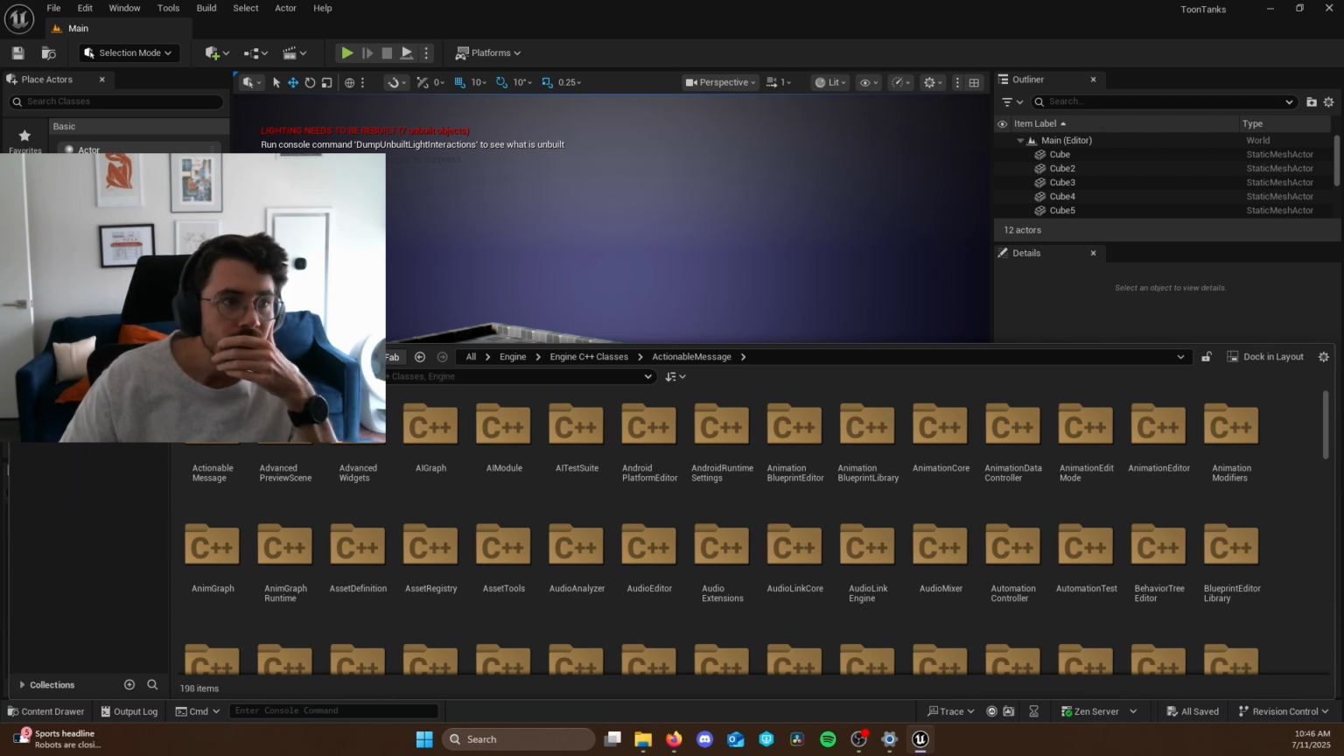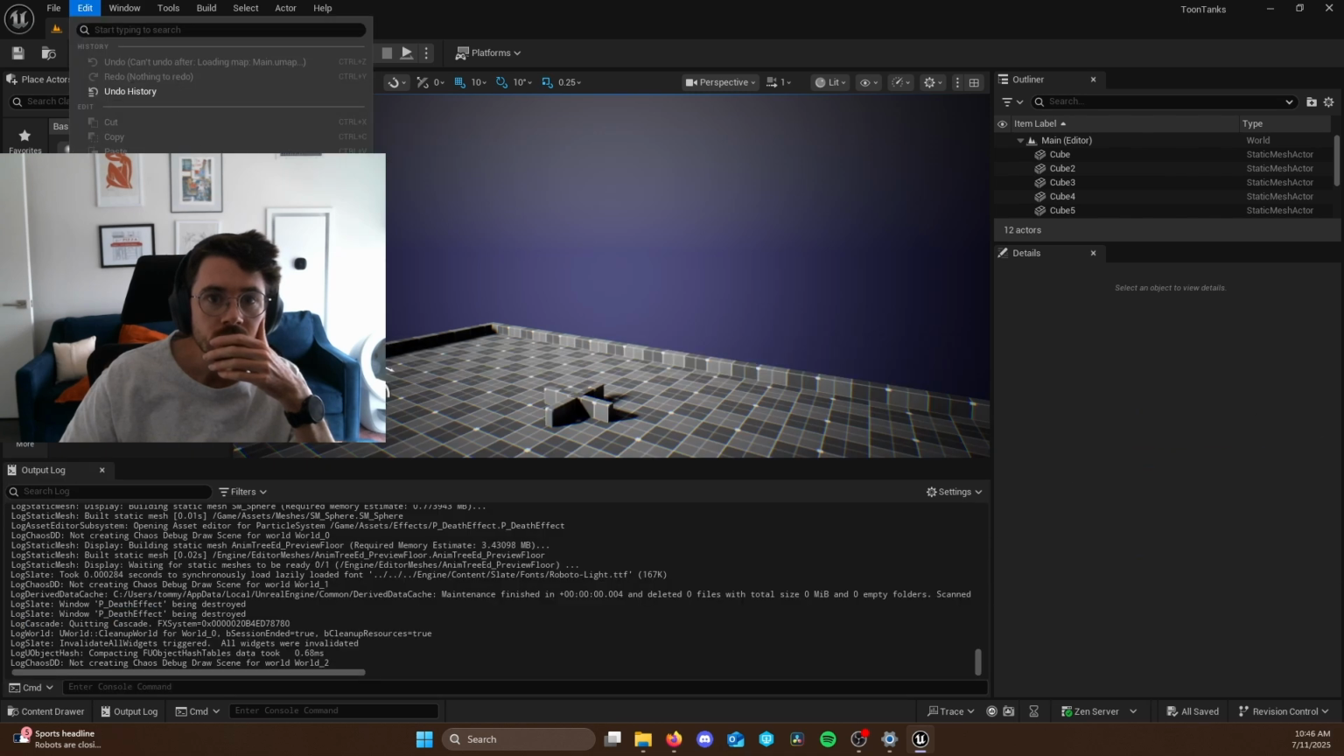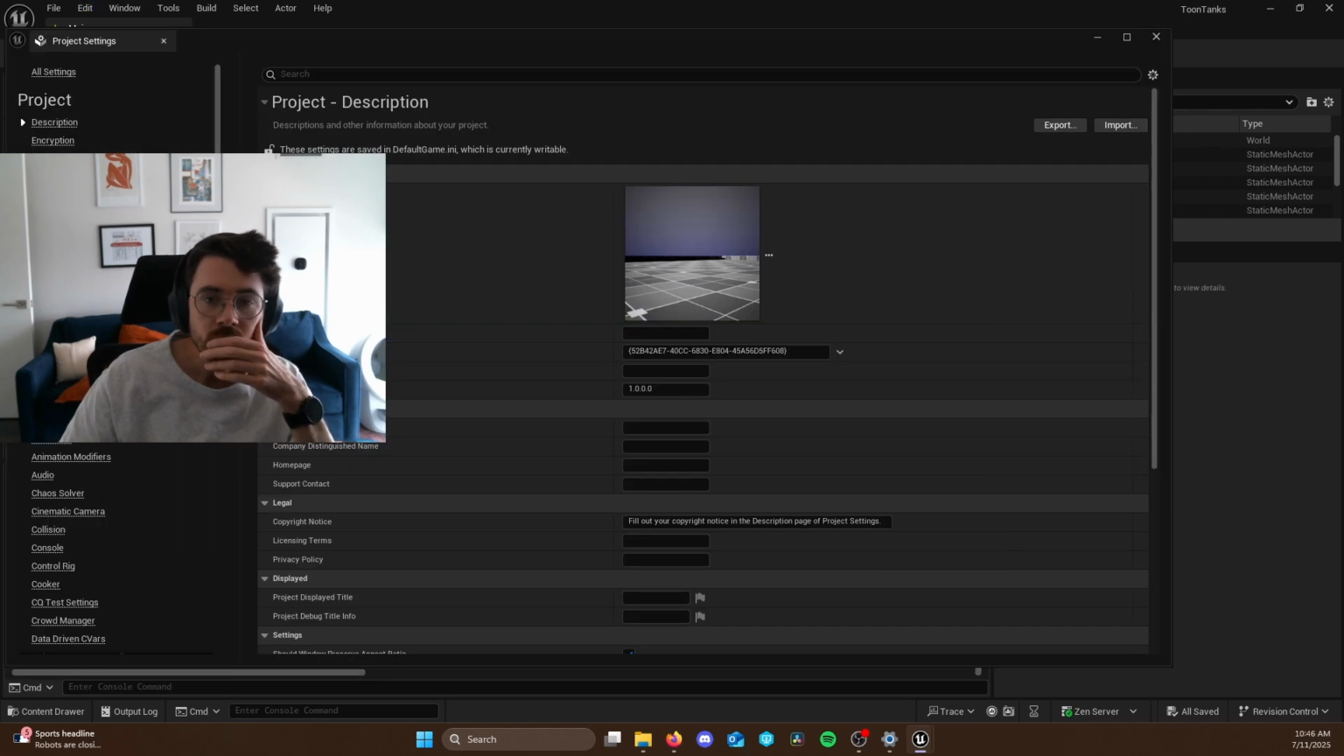If you go to Edit and Project Settings, and then scroll down to Input, here we have action mappings and axis mappings. There's an action